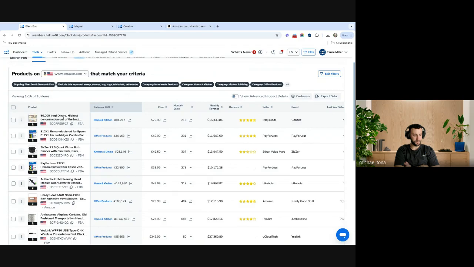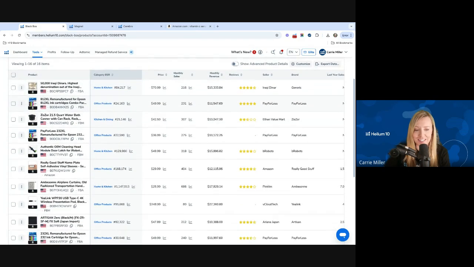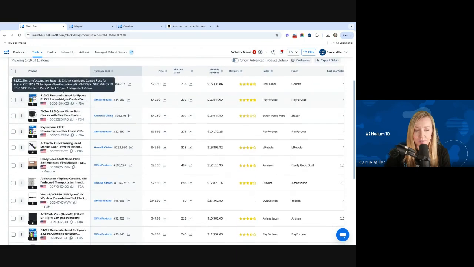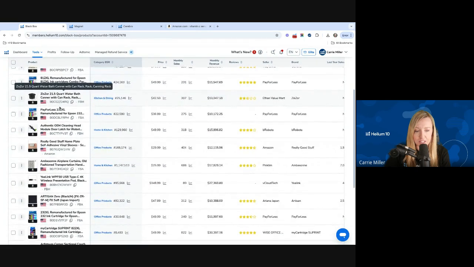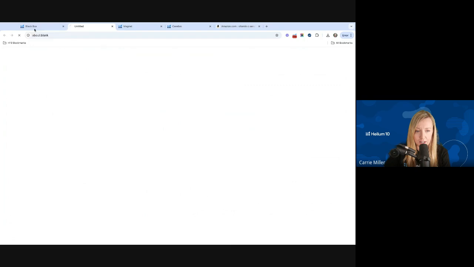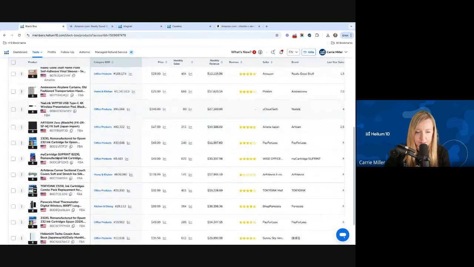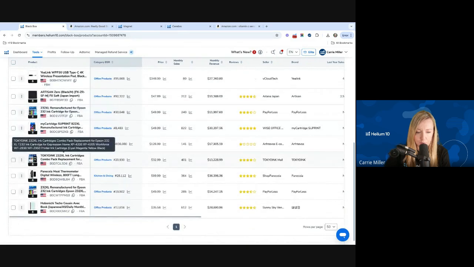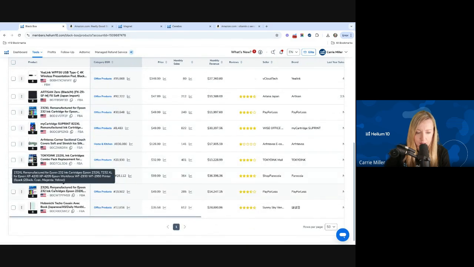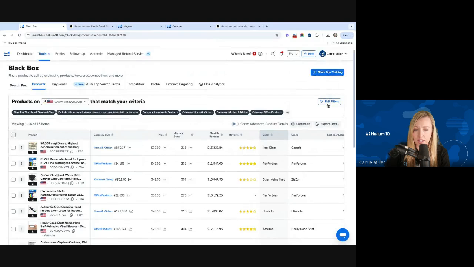So we've got, I've seen this before, it's Iraqi fake money. So it's kind of interesting. We've got cartridges for ink cartridges. We've got nameplates, like a self-adhesive nameplate. I can take a look at that. I don't know what that is. Let's see, we've got some other stuff here, basically printer stuff. In a book, a planner. Okay, so I'm going to go ahead and edit my filters again,